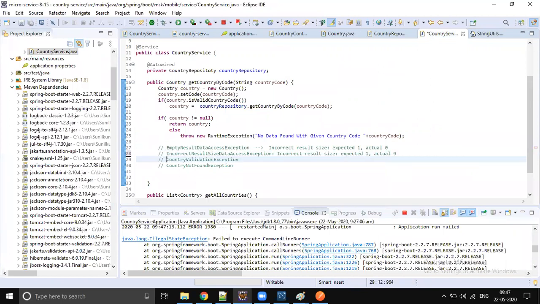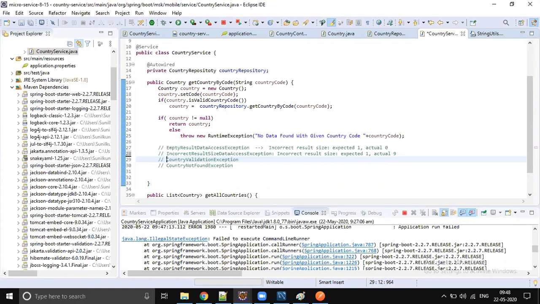Whenever you are writing a service, empty result data exception may come if no data is returned from the database, right? So if no valid country code is passed, you get empty result data exception. And sometimes you expect one row, but the database might return multiple rows. That is also possible.